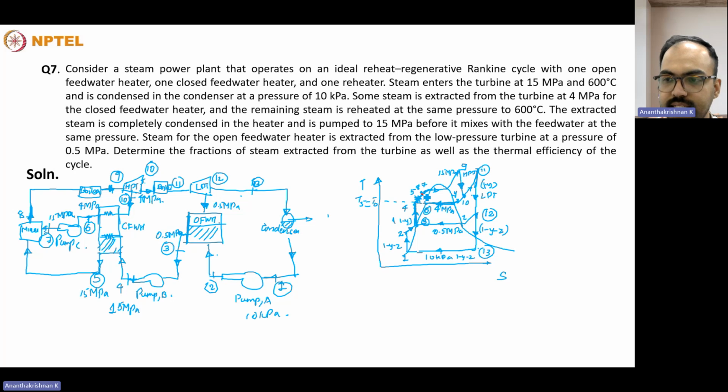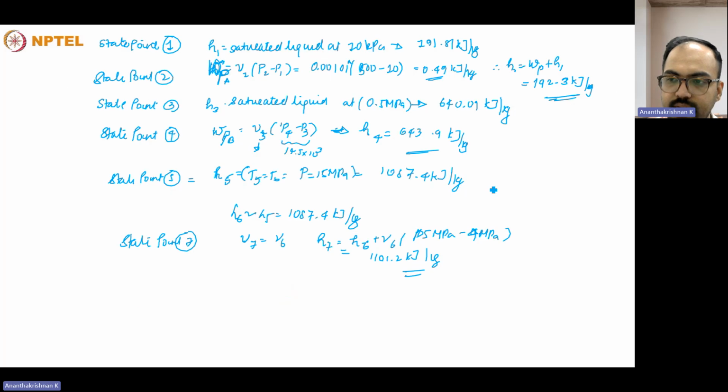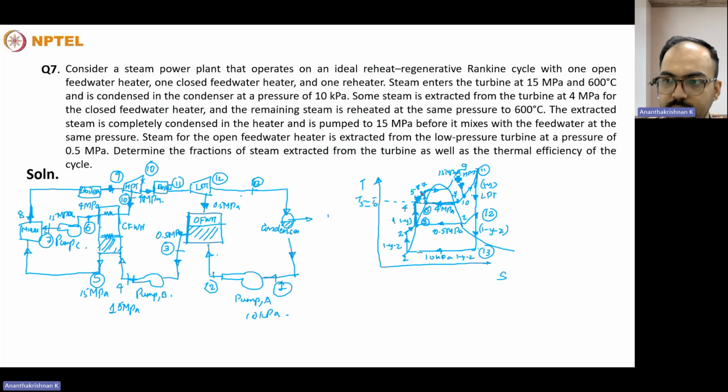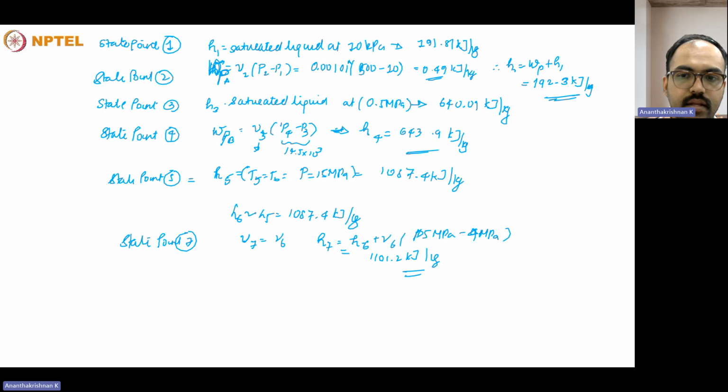an additional term H8 is there, but this has to come from the enthalpy balance of the mixer. And on the right hand side, H9 will be at 15 megapascal and 600 degrees Celsius, and we can solve it in the same manner. State point 9, H9 will be